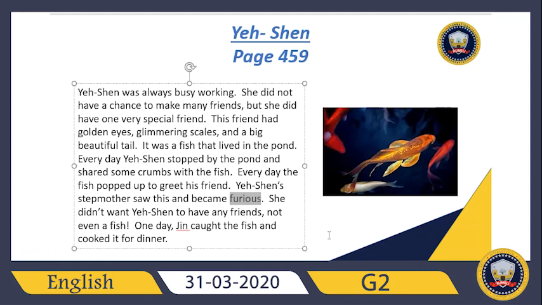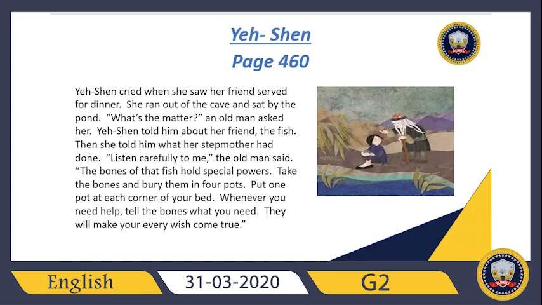So what did she do? Look here, very important. One day, Jin caught the fish and cooked it for dinner. So her stepmother, she caught this fish and cooked it for dinner. So now you know that she was a mean lady. Next page,